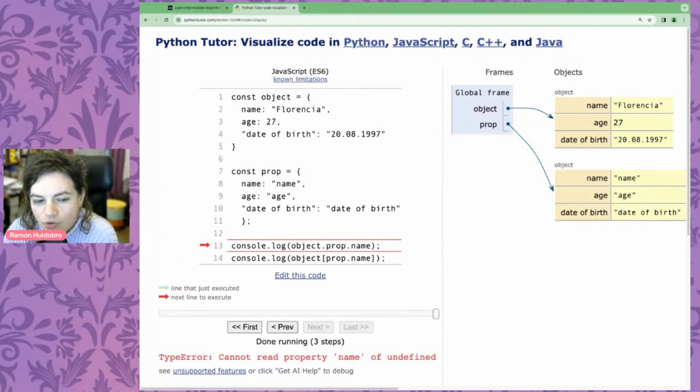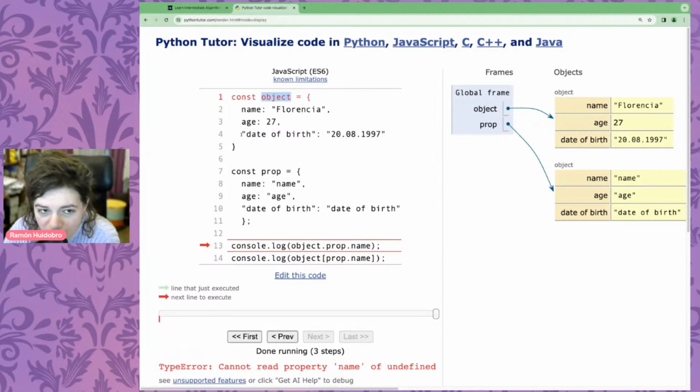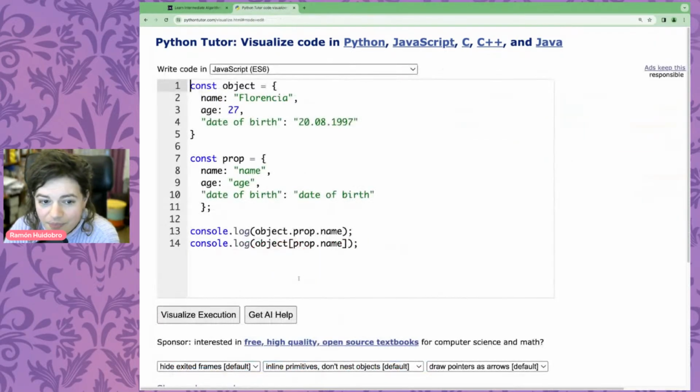Object.prop.name: cannot read property name of undefined. What's going on here? Object does not have a property called prop. So when we try to do object.prop, that gives us undefined. And when we try to do undefined.name, we get an error, because undefined.name is not a thing. That's what this error is saying here. Cannot read property name of undefined. However,